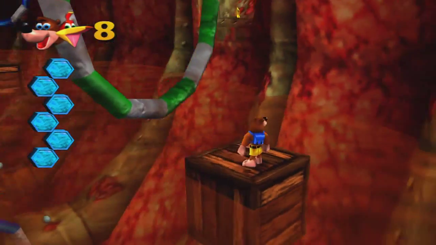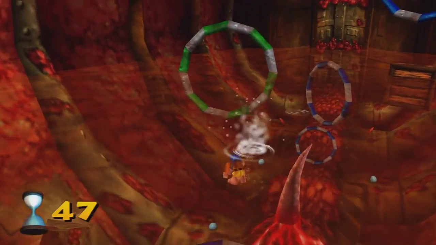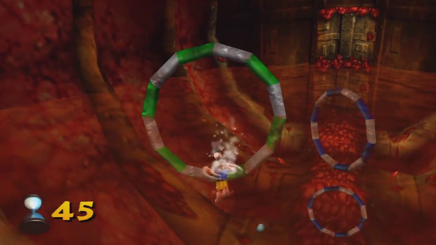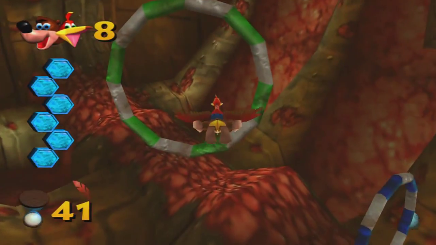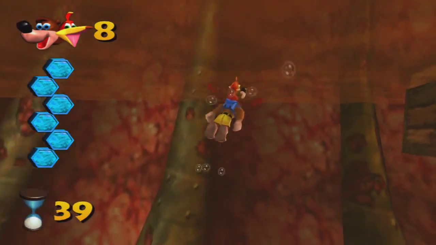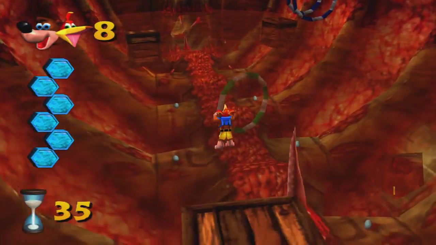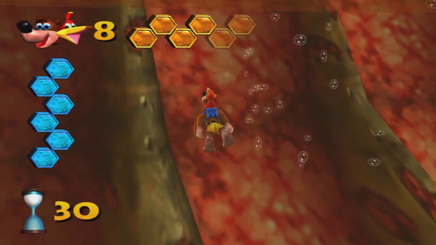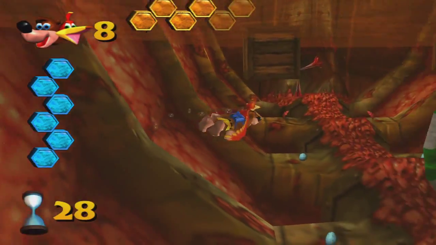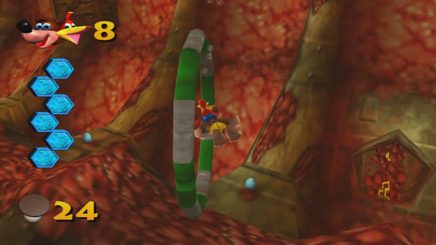And it appears as if we have some rings. Let's go. The rings start a timer. The timer is a race to get through all the rings, naturally. At the end, it will raise the water up for you, and it will leave a Jiggy waiting for you. This is easily the hardest timed thing so far, especially if you're getting hit by tentacles and stuff, but this is by no means hard. I mean, sometimes I have to do it twice, but